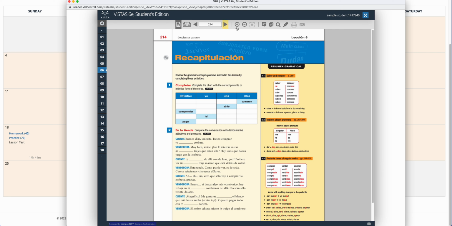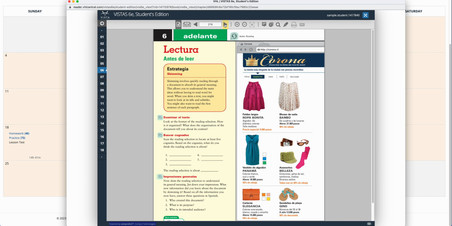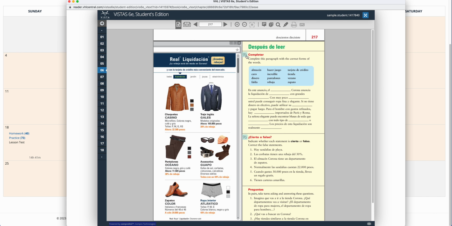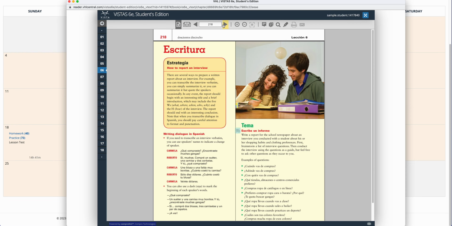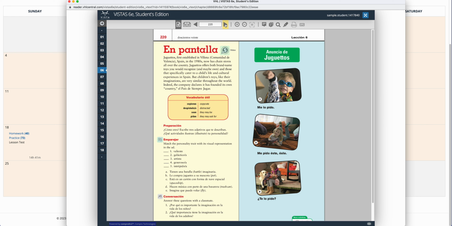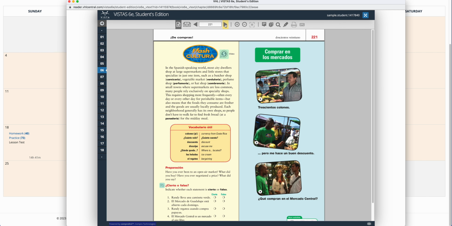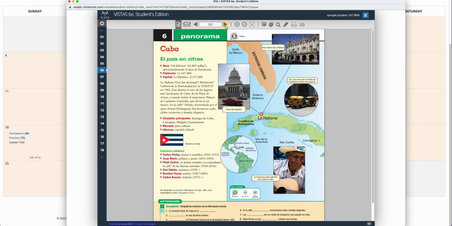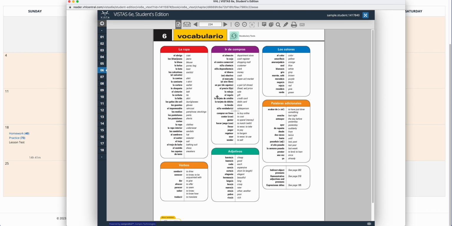And then after that, we have an adelante, which I usually don't do much with. It's helpful if you need it. And then here's some more practice on it. And then you have a writing if you want, and then escuchar, and then en pantalla, which are sometimes difficult because they're not made for you. They're stuff that VHL took from TV. And the Flash Cultura as well. This one in particular is kind of hard to understand, but you should watch them, okay? And then you read the panorama, and then you're at the end of the chapter. So that's how VHL will work with its book, okay?